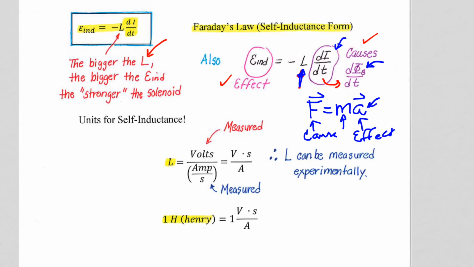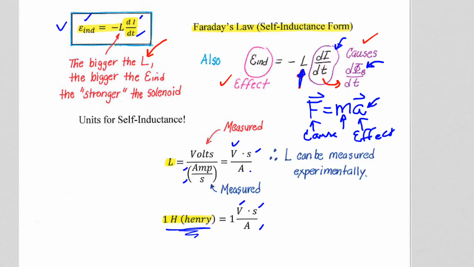The last thing we have to look at in this relatively short lesson is the units for the self-inductance parameter L. If we look at our equation for Faraday's law up here, that the induced EMF, which is voltage, right? So the induced EMF here is voltage. di/dt is amps per second. So that is where the amps per second comes from when we bring the di/dt down. So we get seconds on amps. So 1 volt second divided by amp is